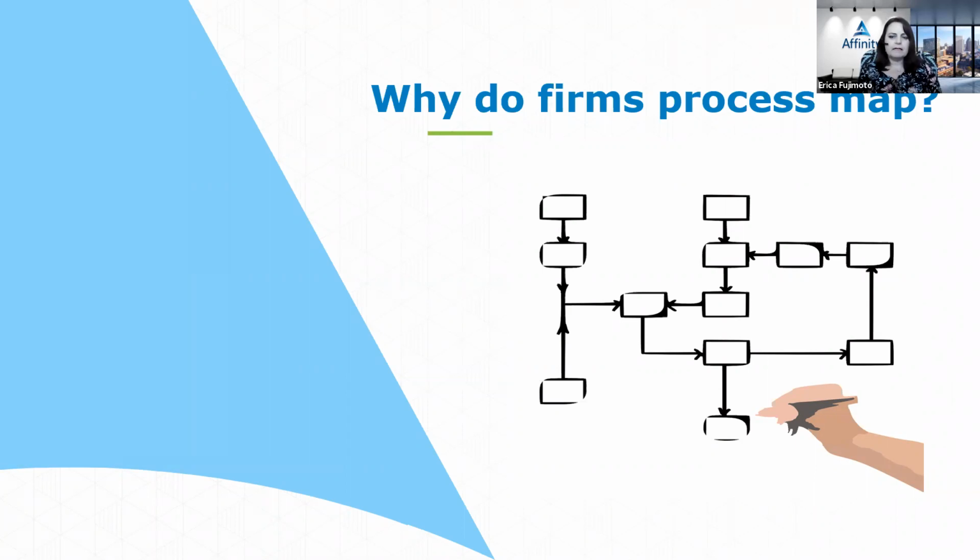You might be trying to identify issues or trying to fix issues. So if you, for example, have a particular issue, you know that there's something that isn't going right, you know that there's a problem and you're not exactly sure what that problem is, you might map out the process to see if that can help you to identify that issue and define it more clearly. Or you might have already determined that there's an issue, and you might be mapping out the process to try to fix and resolve that particular issue. So there's lots of different reasons why law firms map their processes.